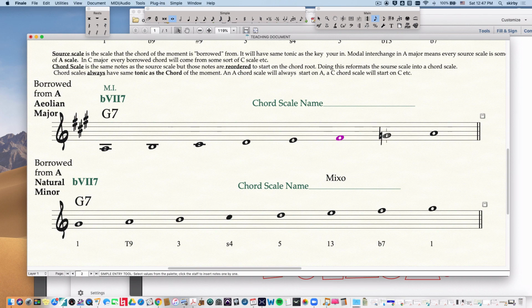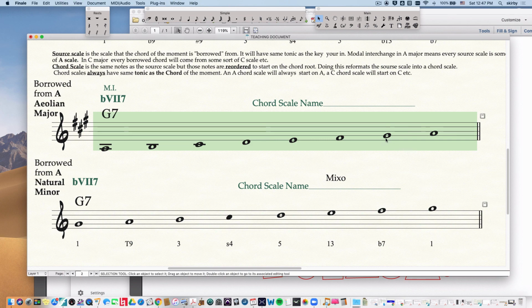Okay, now remember, I'll start with all diatonic sounds. We are in A major, and we want to figure out what's going to be the best chord scale for flat 7/7 when we are in A major, not A minor. So first of all, we need to start on G, and we need to have our chord tones, right? So let me do that. Right now I have an A major scale. That's what I'm starting with. That's not going to be what I end up with, but it's going to be an A major scale